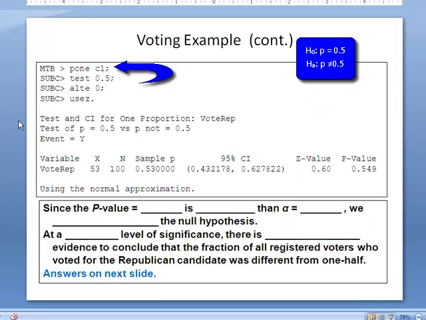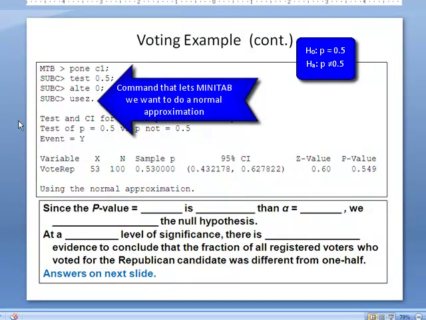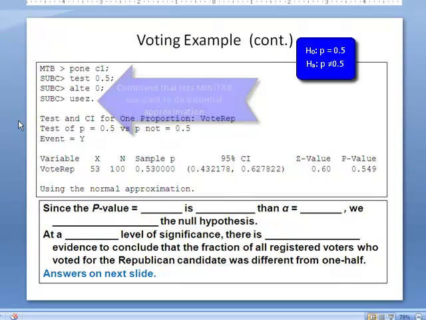So our data was in column 1 in Minitab. We say PWN C1, test 0.5 because that's the value in our null hypothesis distribution. We let it know that it's a two-tailed test by saying alternative 0, and then also let Minitab know that we're doing the normal approximation, so we say use Z. When we get our Z and our P value, we see that our Z value, our test statistic, is 0.60, and the P value is